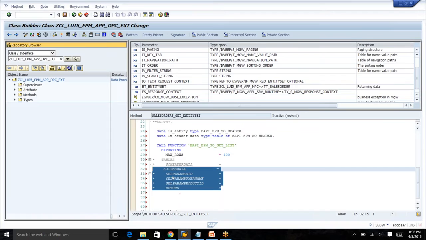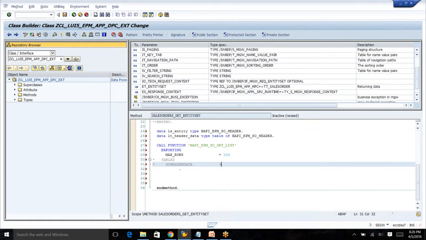Even when we receive the sales order item from this function module, we cannot make use of it. So I'm going to ignore that and say, okay,